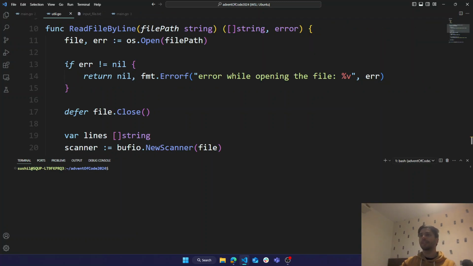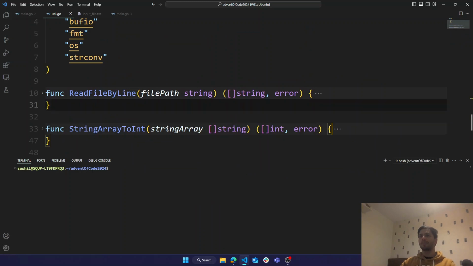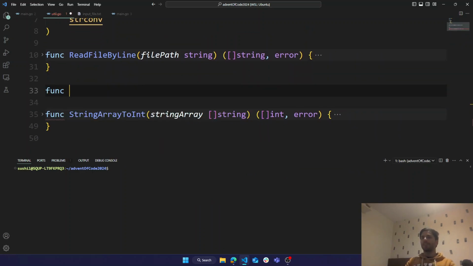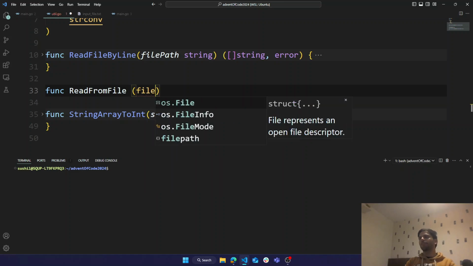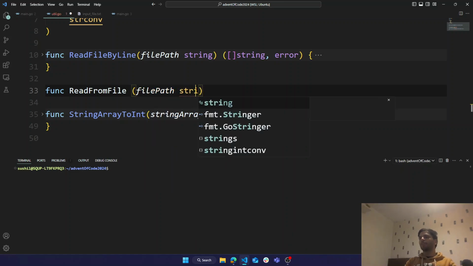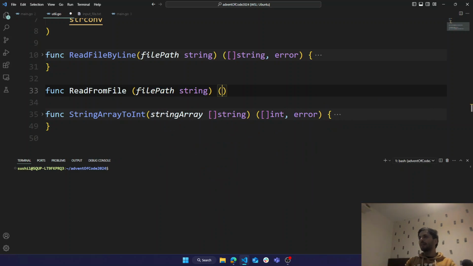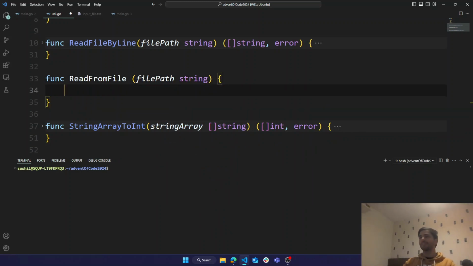Maybe I should create a read function in here, but it'll be very similar. So read from file, and we'll give it a file path as a string, and what will it return? I have no idea. Let's see.